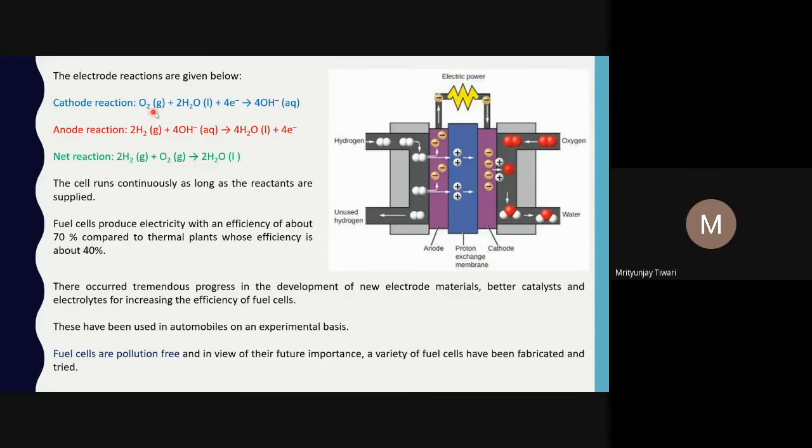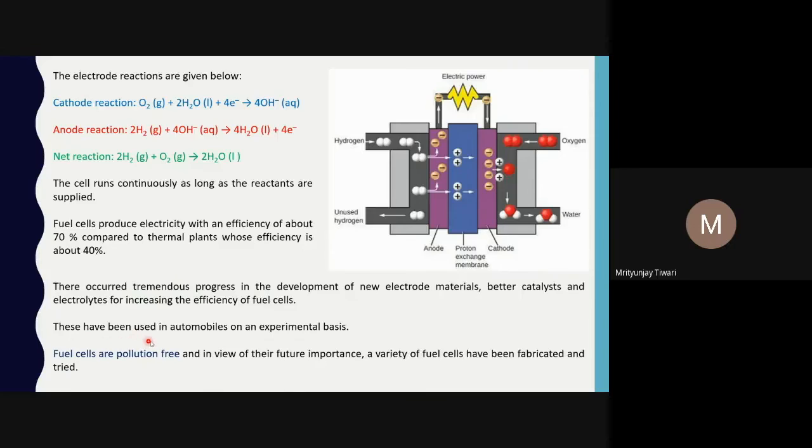You can say the final net reaction is the reduction of oxygen. Although it is shown here in the form of O, it is actually O2 minus. This is O2 minus, and 2 electrons will also be used here. This is H plus, one can consider 2H plus and 2 electrons. These 2 electrons will be accepted by one oxygen atom, so it is O2 minus. So O2 minus will react with 2H plus to form a water molecule.